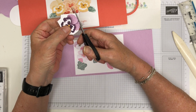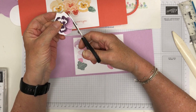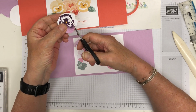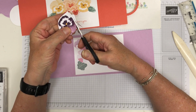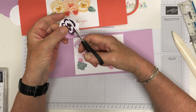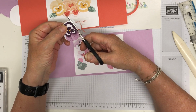It's much easier if you move whatever you're cutting rather than your scissors. If you look, you can see my scissors stay quite still, and I'm just manoeuvring the paper round, and that gives you a little bit more control, allows you to be a bit more accurate. I have to say, of all the scissors that I've used, the Stampin' Up snips are the best for doing this. You seem to be able to get really nice